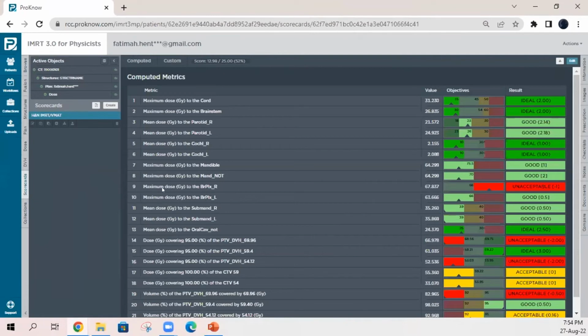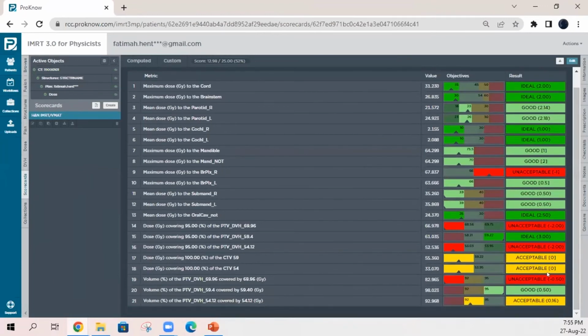The problem was with the maximum dose to the brachial plexus minus, and also the dose coverage for the high PTV, and also the dose coverage for the low PTV. It was not really covered. And also you can see here the volume of the PTV 69.96 was not covered properly. So here I lost, here I lost, here I lost, here I lost in minus, and I have penalty,